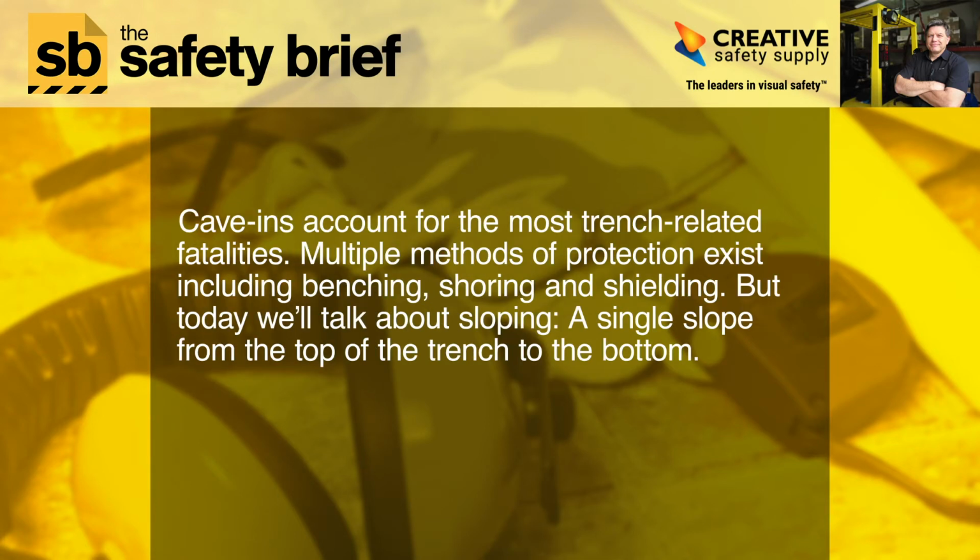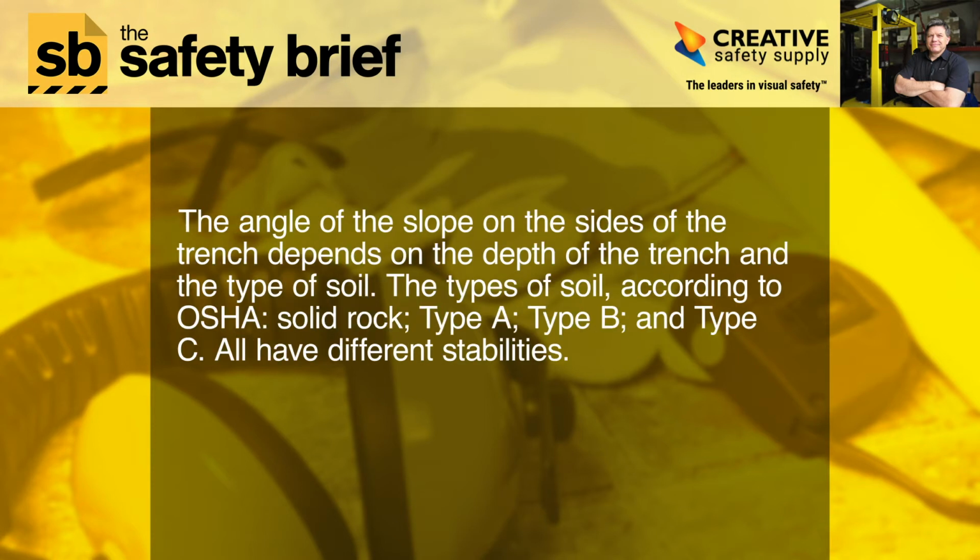Cave-ins account for the most trench-related fatalities. Multiple methods of protection exist, including benching, shoring, and shielding. But today we'll talk about sloping, a single slope from the top of the trench to the bottom. The angle of the slope on the sides of the trench depends on the depth of the trench and the type of soil. The types of soil, according to OSHA, solid rock, type A, type B, and type C, all